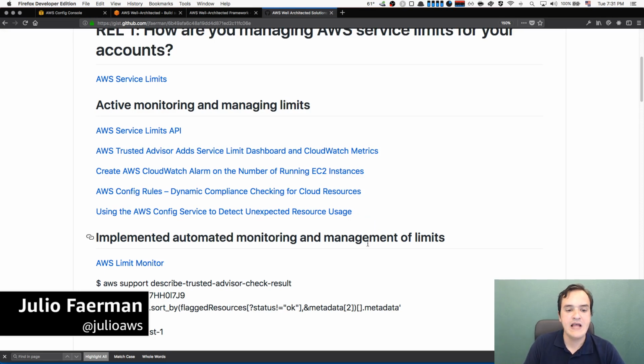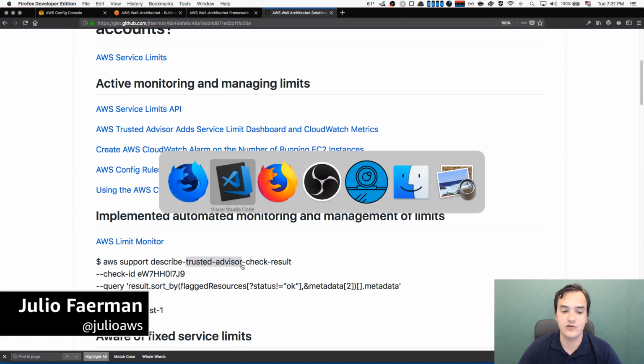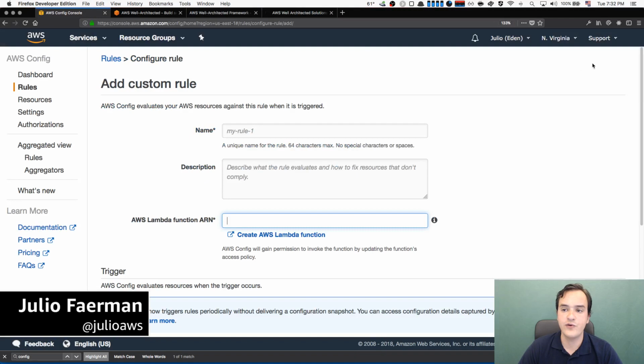So that's it. And one thing that you can do once you know how to query and evaluate your service limits is to manage them automatically. There is a Trusted Advisor check about service limits. So let's talk a bit about this thing called the Trusted Advisor if you don't know it yet. The Trusted Advisor is a tool from AWS Support that you can find here